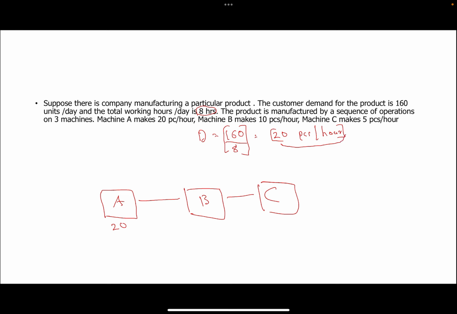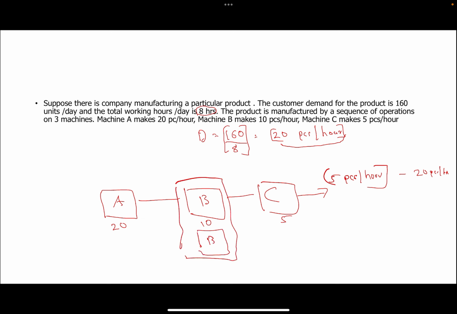But machine B makes only 10 pieces per hour, and machine C makes 5 pieces. So even if I make 20 pieces per hour, B can make only 10 and C can make only 5. Ultimately, we will get only 5 pieces per hour, which does not match our demand of 20 pieces per hour, right? So what we can do here is to install one more machine, that is B, and make this a